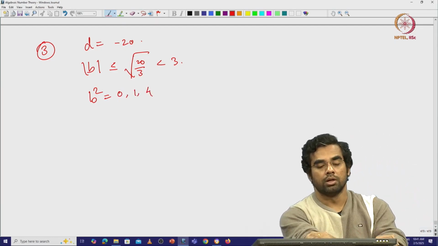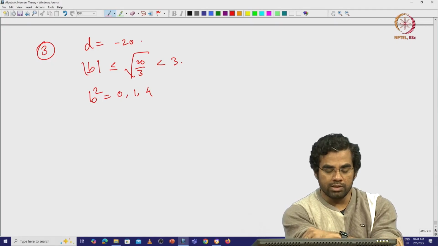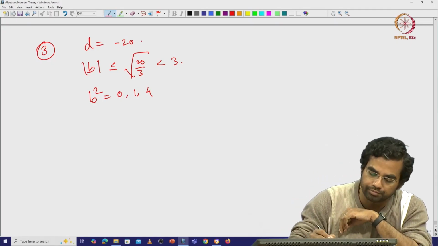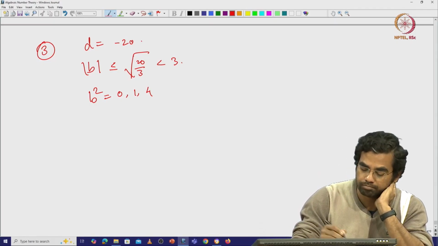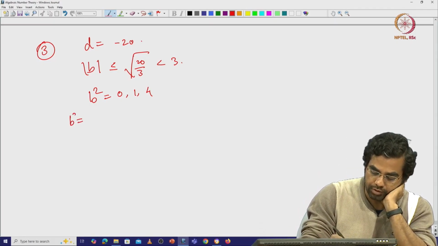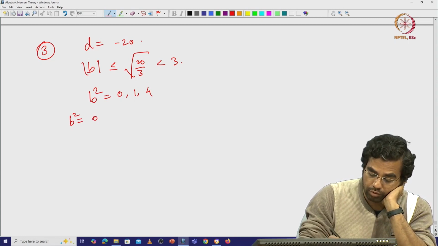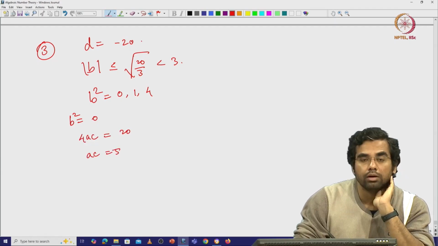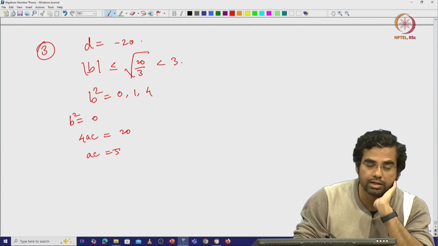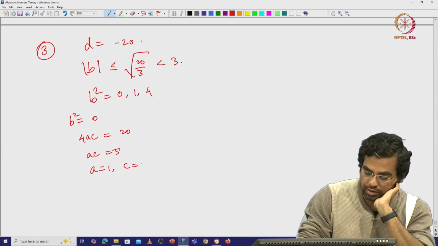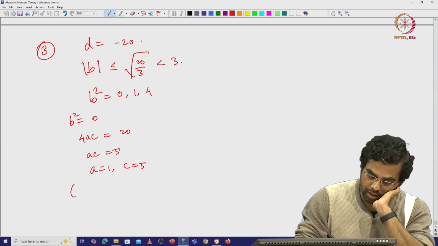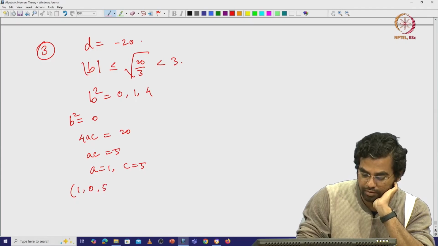Those are the possible values of b squared, because the possible values of b are 0, plus minus 1 and plus minus 2. So, let us say b squared is 0. What do we get? 4ac is equal to 20, and so ac is equal to 5, and we want a to be less than c, and both are positive. So, a is equal to 1, c is equal to 5, and so we have 1, 0, 5